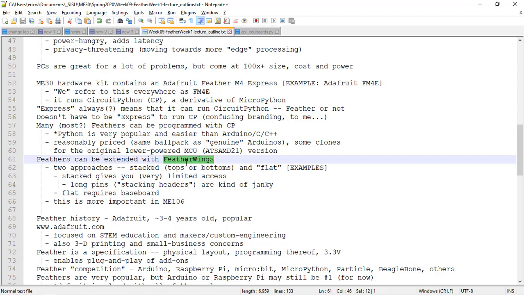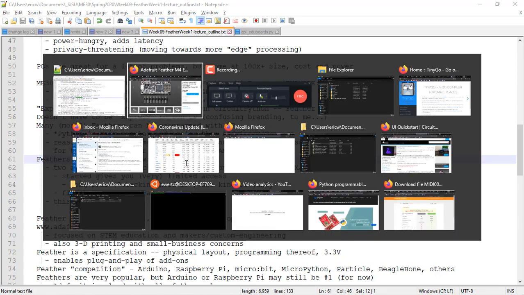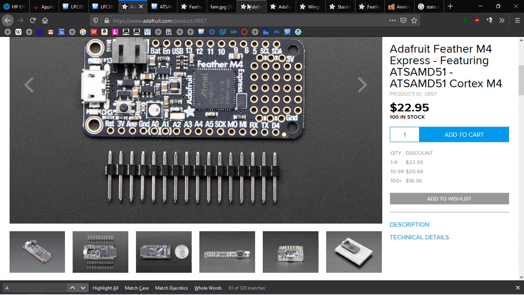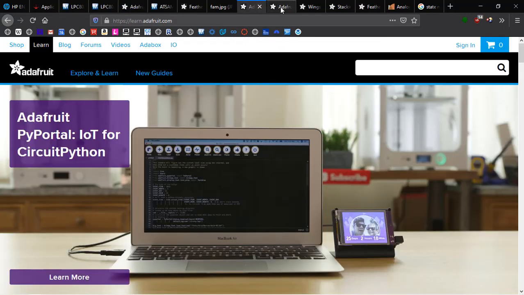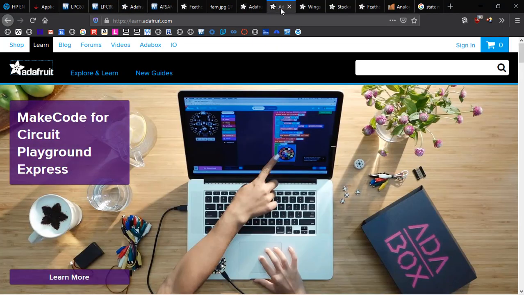In some cases, there are some things that just physically can't be put on a feather, and those tend to get put on a board that I would say you plug the feather into, rather than the feather board being connected with. So actually, I think I might have one here. There's like a 3-inch display. Not sure if I have a,